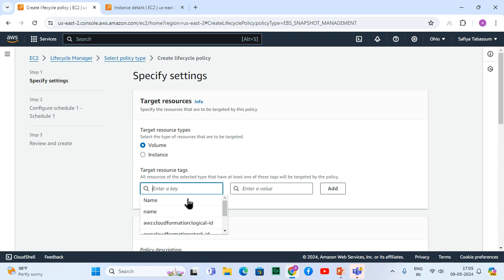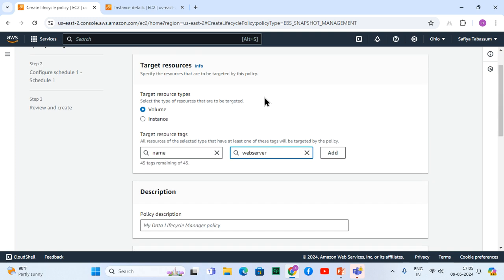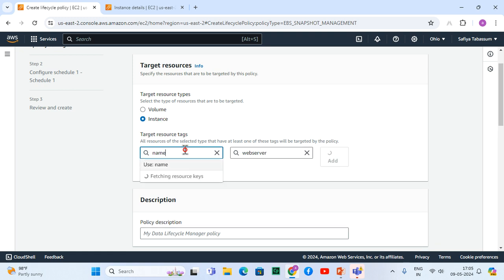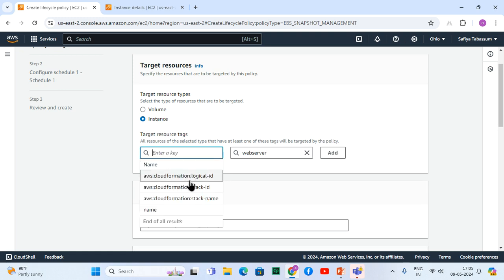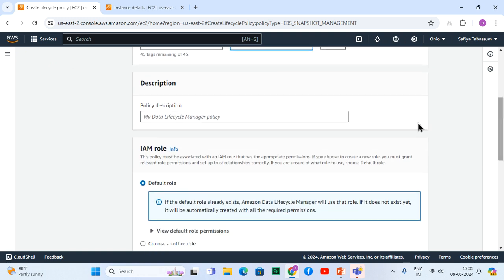So saying tag. And say the tag name is what? Name. By default it is what? Name. Website. So automatically with the help of the tag it will check. But I want to check what? Instance. It's going to show you what? The Linux server. Name, Website. And you would say what?